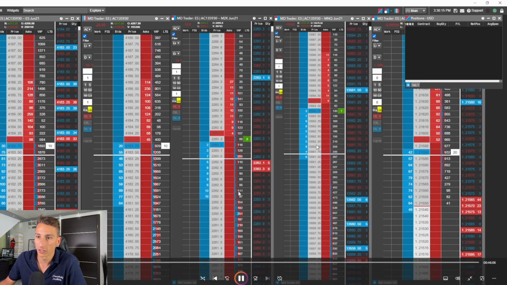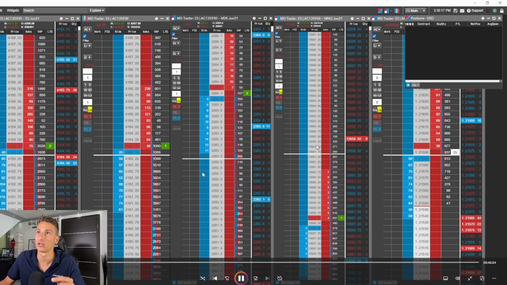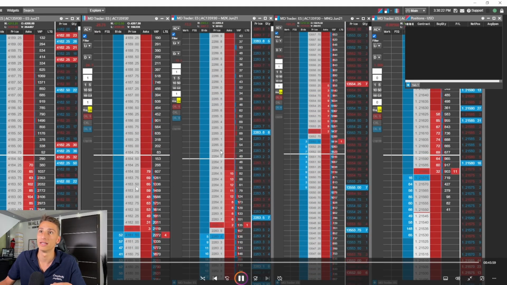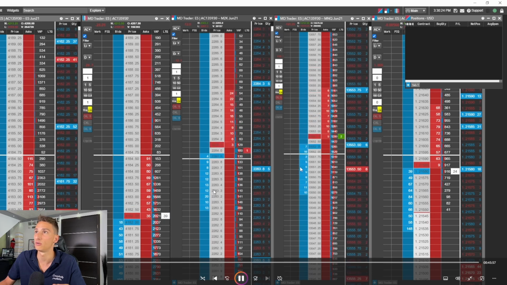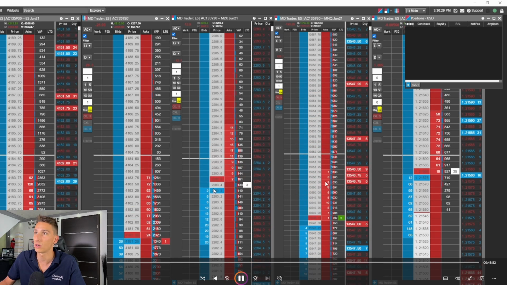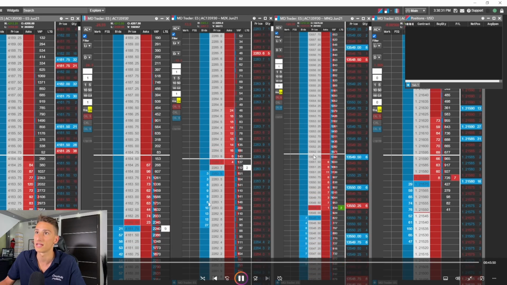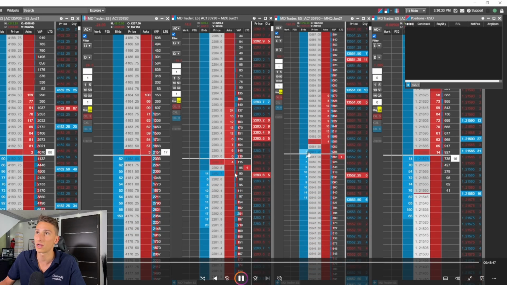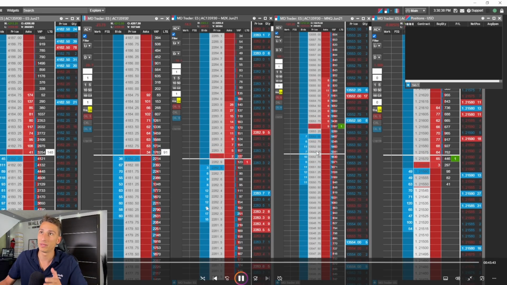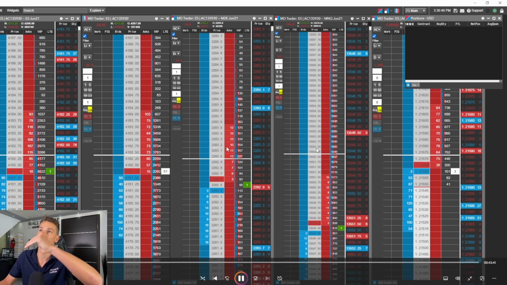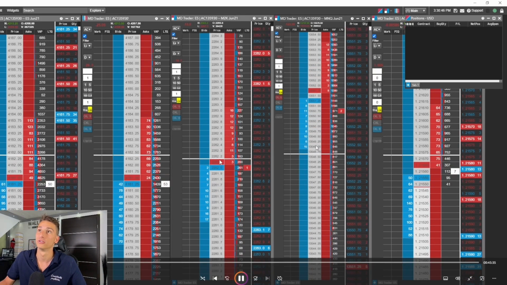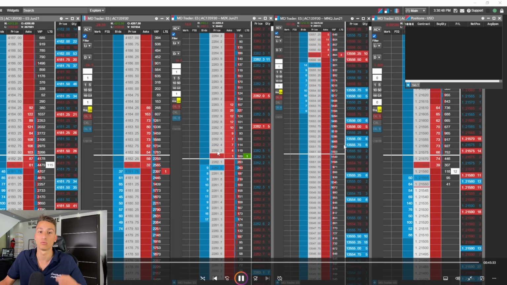It shows you how much size is sitting at each price level. For example, this is the Russell micro E-mini, and right there the Nasdaq. At this price, there are 8 contracts. This is the micro Nasdaq and the micro Russell too. So 12 contracts on the bid. The left column is the bid, the best buyers, and the right column, the best sellers, the ask. The gap between the two is what we call the spread.